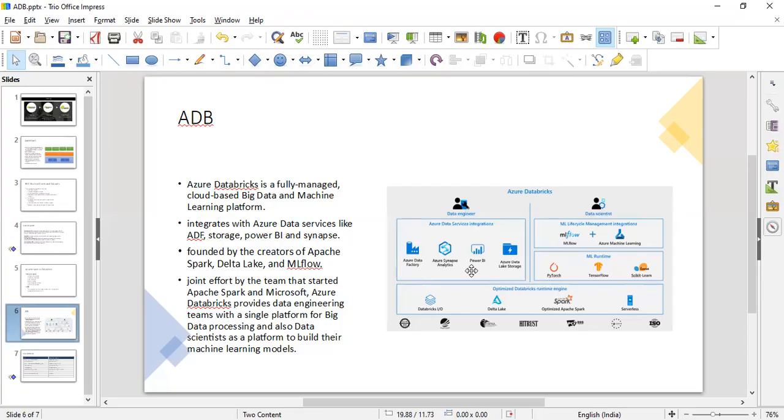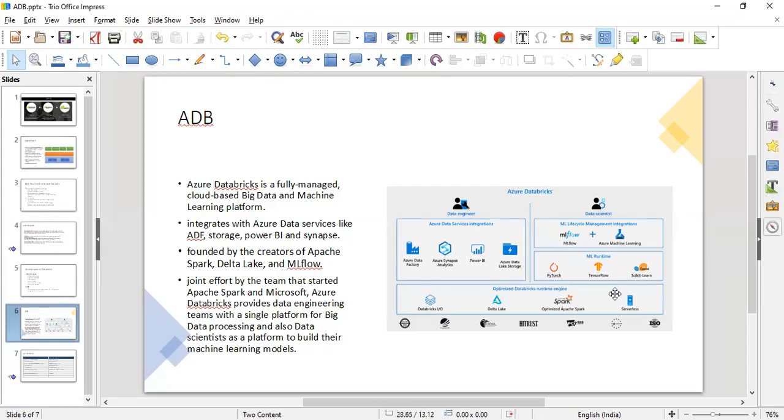Azure Data Lake Storage: say the data is present in Azure Data Lake Storage. Without getting the data into Databricks, you can mount the ADLS on your Databricks, then you can perform all the operations over there. So for data integration, data engineers can connect to multiple Azure data services where you can process the data. And for ML, data scientists,